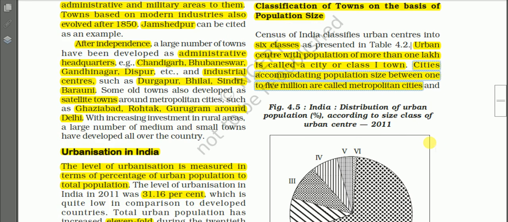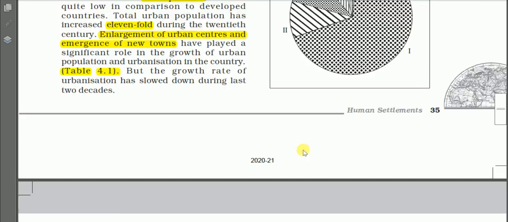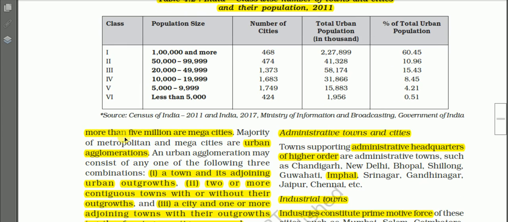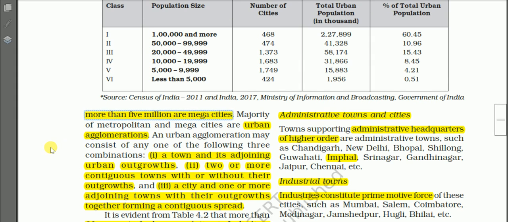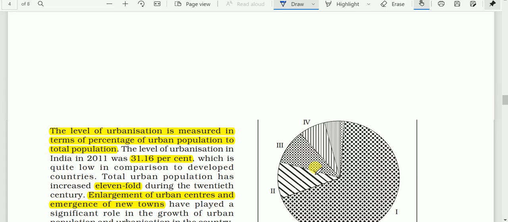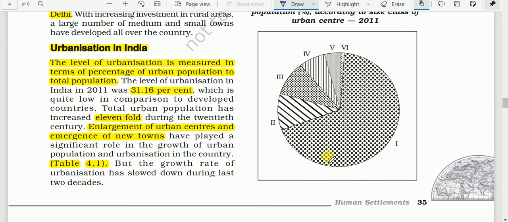And if the size of population is more than 5 million, it is known as mega cities. And here we have a pie diagram showing